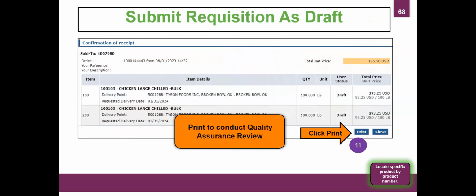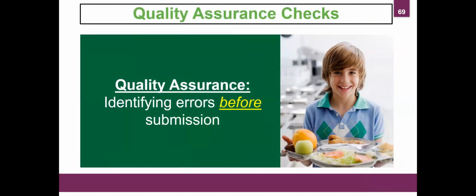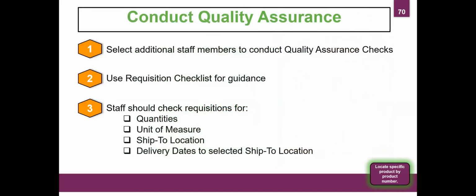So we are ready to proceed with our quality assurance reviews. Like we said, whether that's you coming back at another time, or maybe if someone else can take a look at the information to perform that quality assurance. So you can print it, save it. So this is before we submit to TDA. So we're going to walk through that same process for the quality assurance. So this should look familiar.